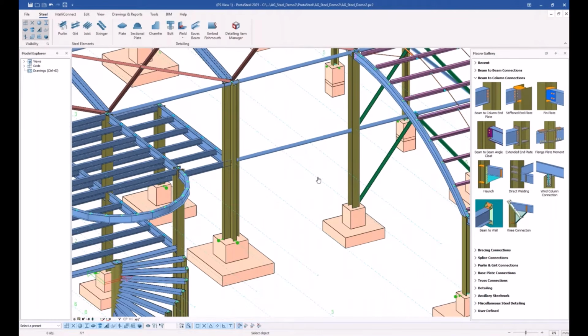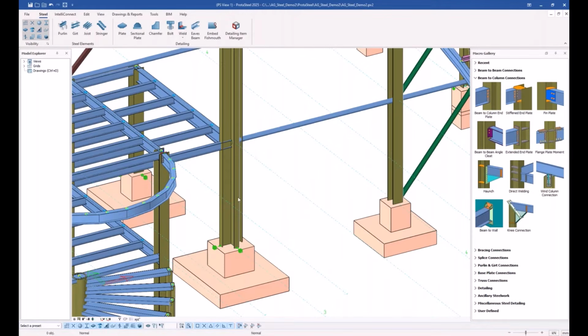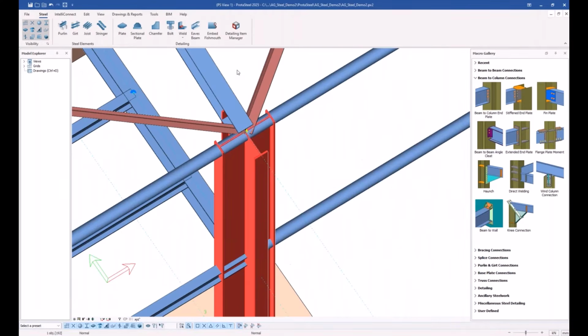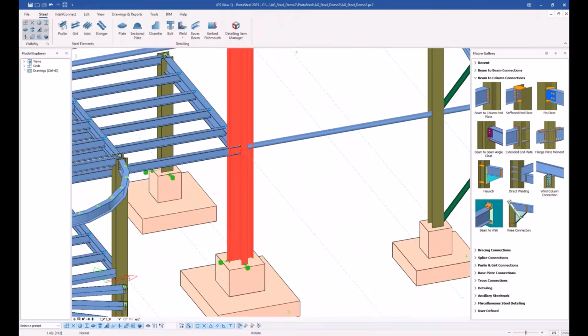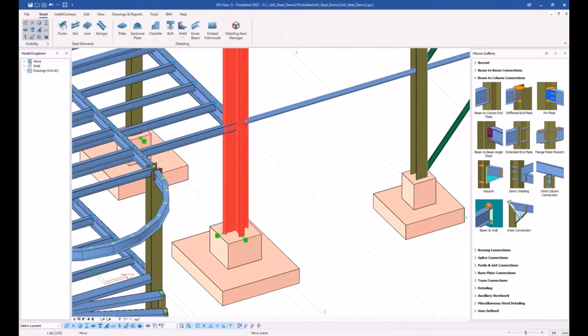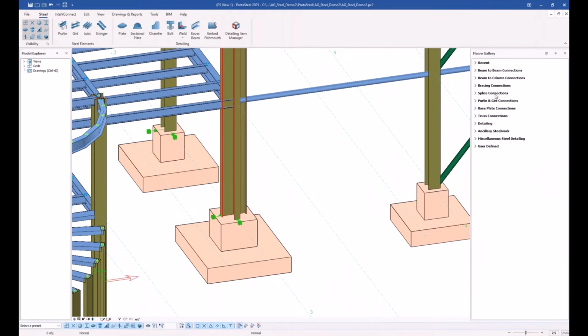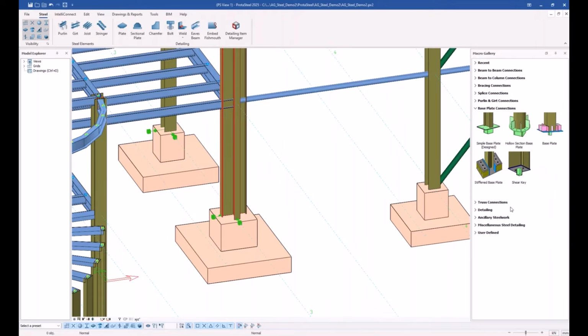Another new feature, again, is the support of base plates on king cross shape columns, like this one here. It's a cross shape column. And let's assign a base plate to it. Let's create a base plate for it. But here again, another new feature is that we have a stiffened base plate, like this one. So I select the stiffened base plate